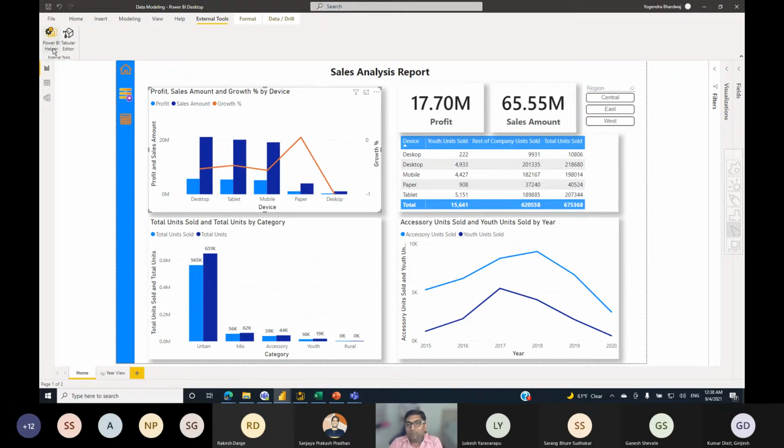The benefit of Power BI Helper that I like is that it generates the documentation for you. Maybe you have so many columns, multiple tables, and you start working on a report. After working on a report, because your work is done, maybe you ask, okay, how do I clean my data model now? So if you generate the report, it clearly gives you the information about what tables are not used, what columns are not used, measures and all.